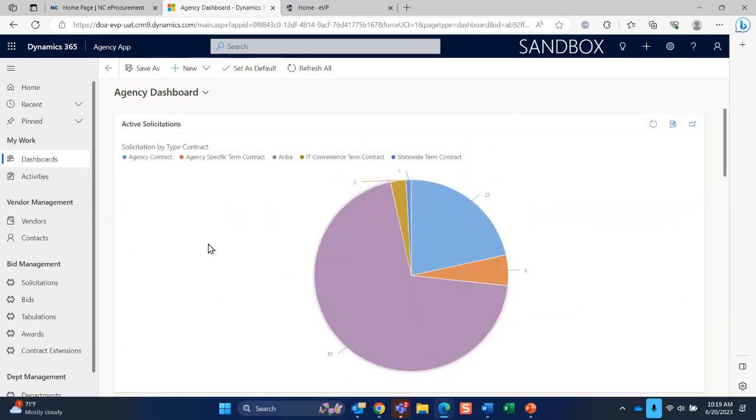And at the top, you'll see this graphical representation. The neat thing, and what this demonstrates, is this system will give you visibility not only into your own solicitations and contract extensions and all that, but to anything in your organization. So if there are 3 people at your college or your city or town or county, whoever is using this,